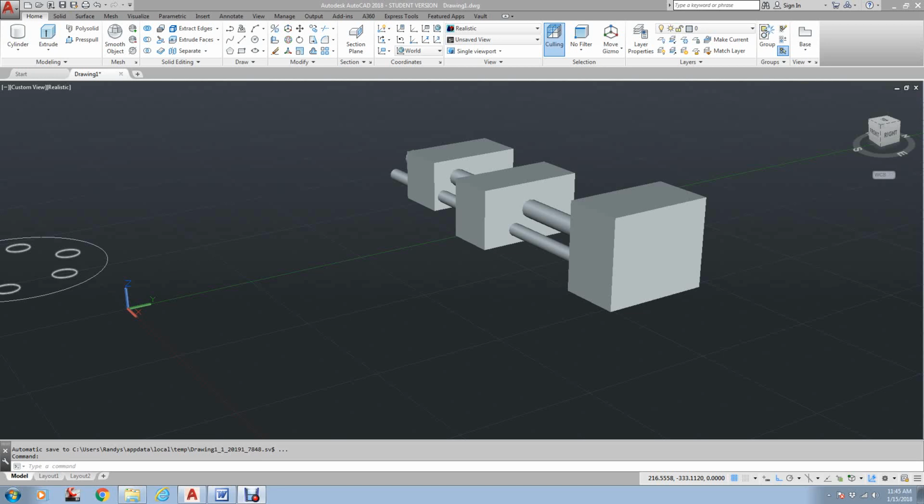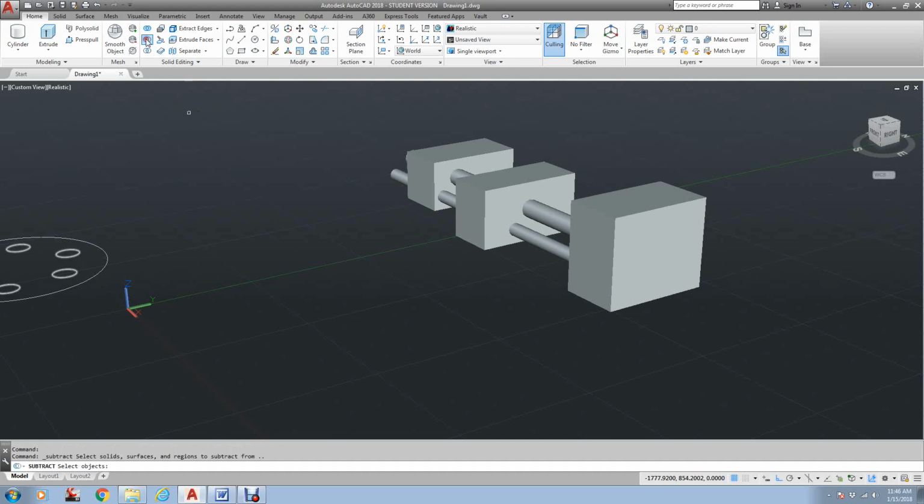I'm an instructor here in the Houston, Texas area, and this video will be covering the AutoCAD subtract command. It's one of the, I believe it's pronounced Boolean operations, which is located right here. You've got the solid union, solid subtract, solid intersect. This will be dealing with subtract. What this does is allows you to remove an object from another object, leaving a void area or an